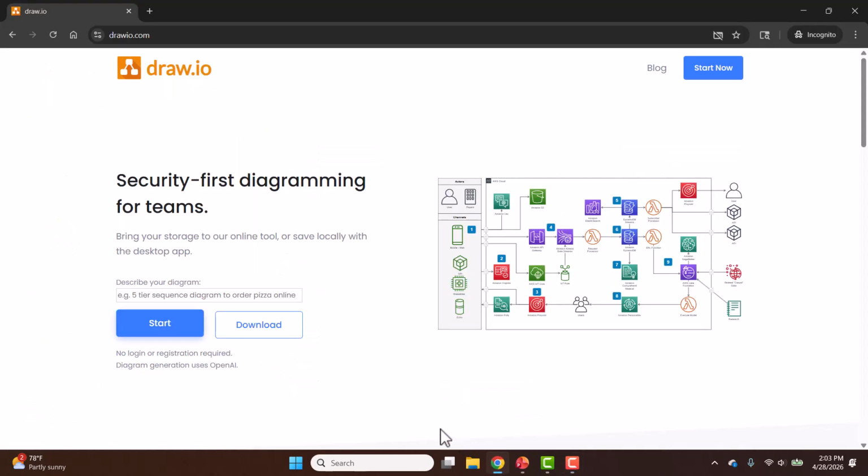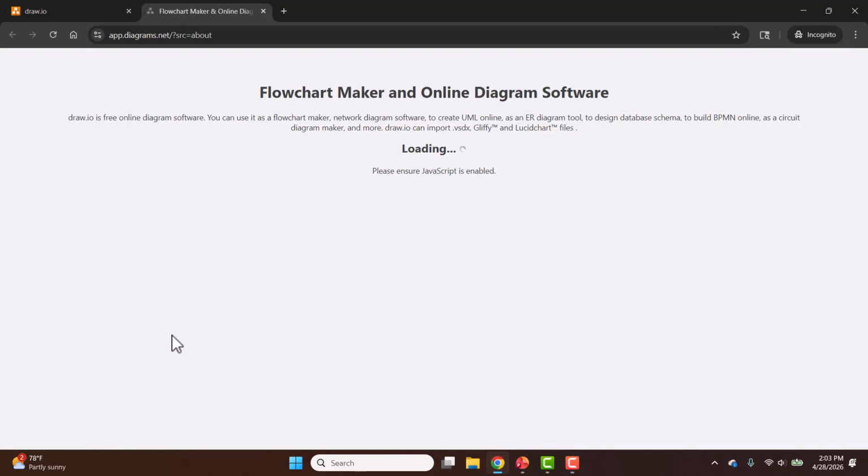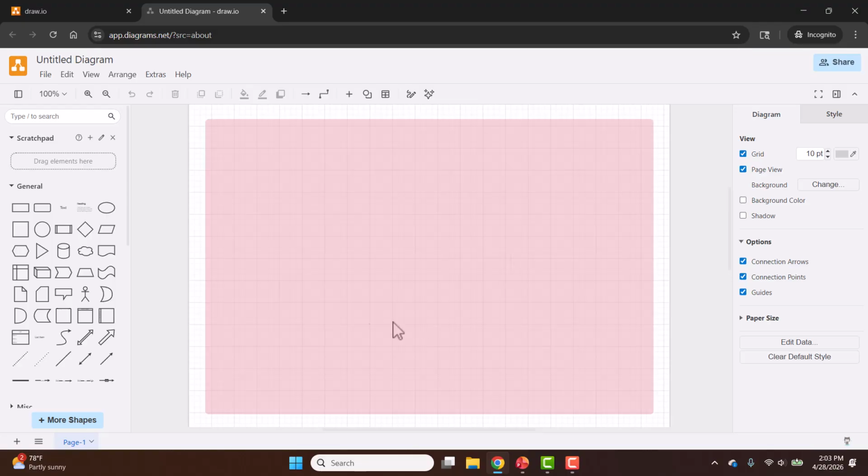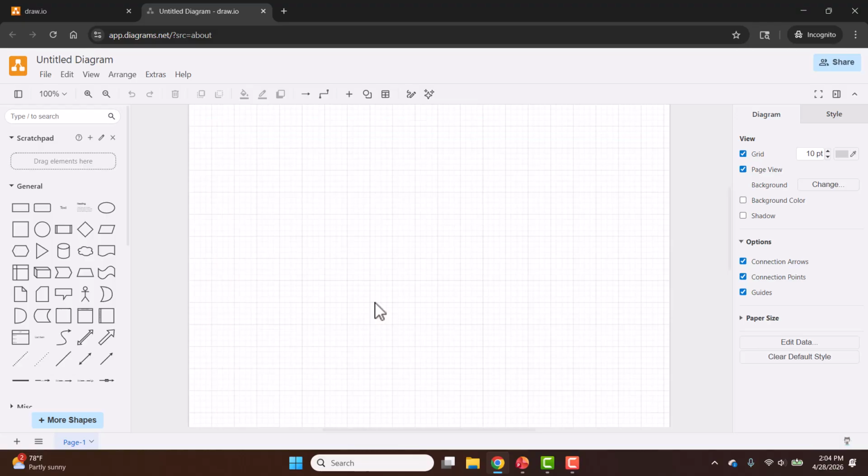If you go to drawio.com and click start, it will take you to the online diagramming software. Now let's become familiar with the user interface. This highlighted area is the drawing canvas, where you can drag different shapes and connections to draw different types of diagrams. And on the left hand side, this is the shape library, where you can see it provides you with